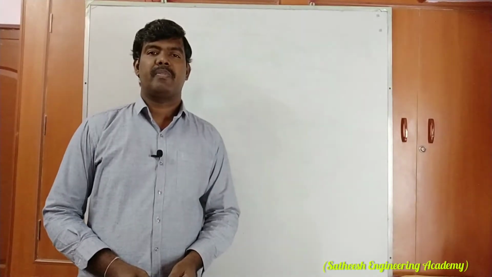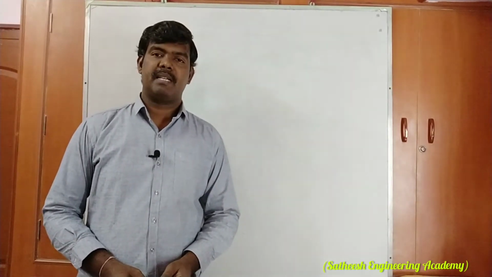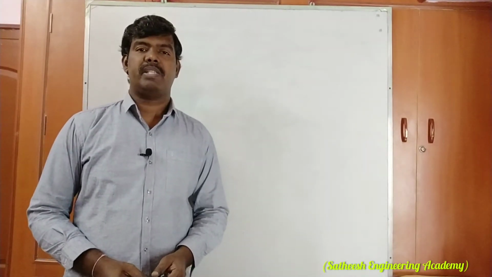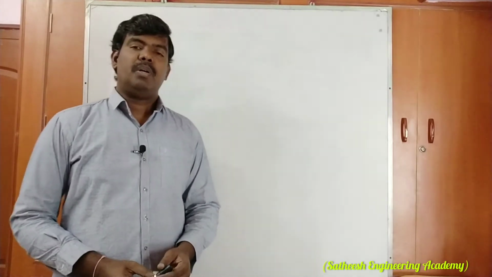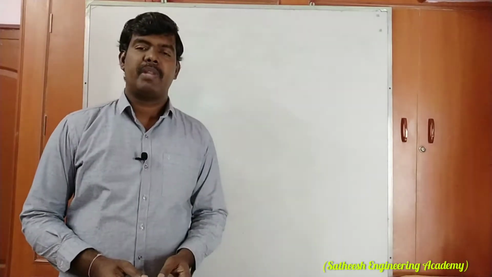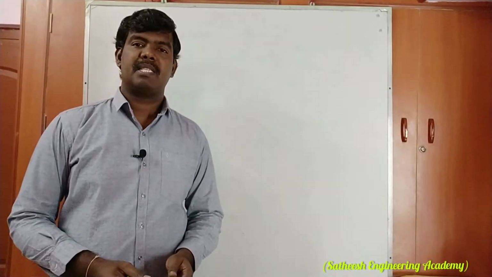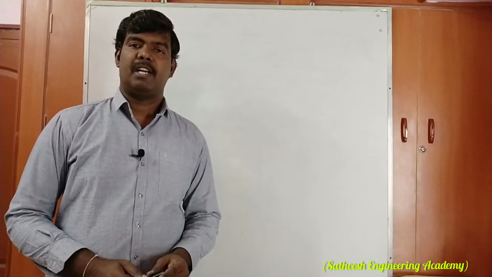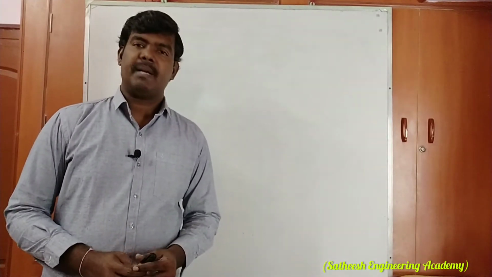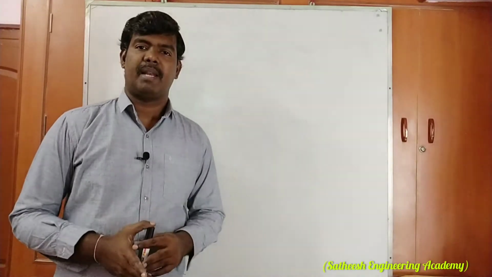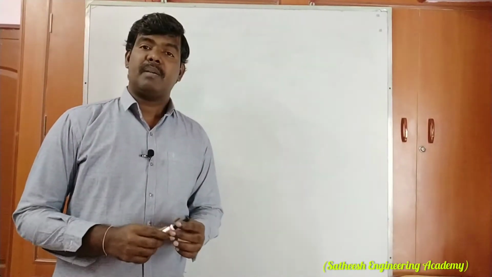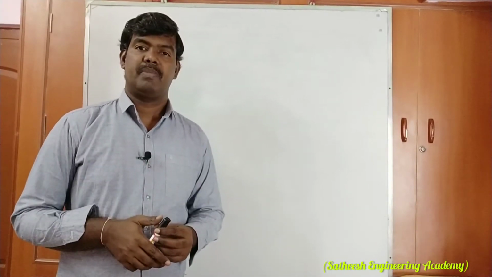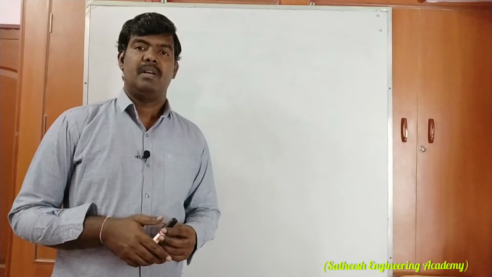Hi students, welcome. In today's class we are discussing how to draw an ellipse by using the concentric circle method. The ellipse, parabola, hyperbola, and rectangular hyperbola are sectional views of the regular cone. It is nothing but a regular cone cut by a sectional plane, and that sectional plane is inclined to HP, inclined to the base of the cone.